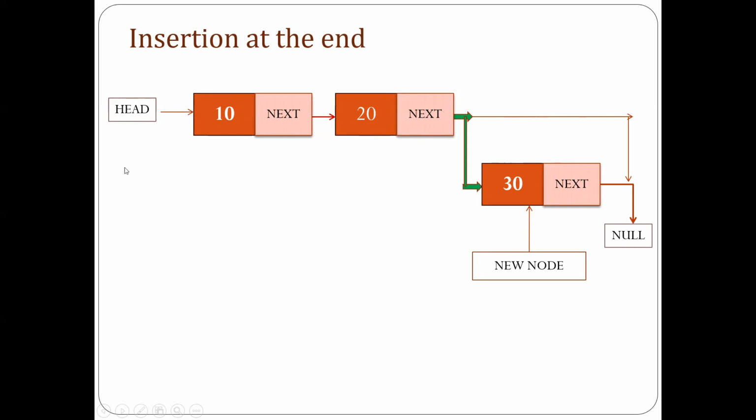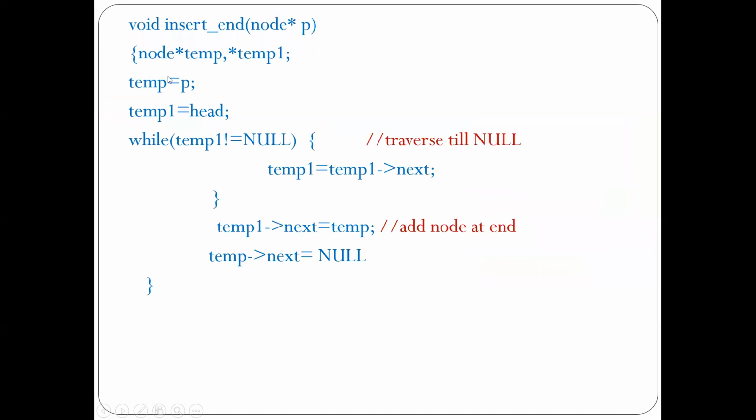So for this purpose, take one temporary pointer, initialize it to the head node, and traverse it till the last node. How will you come to know which is the last node in the single linked list? We know that the last node's address field is always null here. So by making use of that condition, traverse the list till this last node, and then you can easily establish the link between the last node and the new node here. So the same we are going to do here.